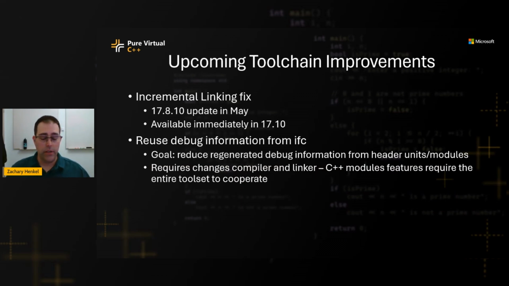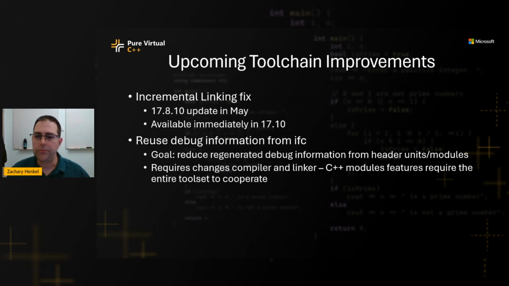So unfortunately, there's an incremental linker bug that we uncovered. The fix is pending. It'll be in the very next release of the 17.8 branch in May. Unfortunately, if incremental linking fails, it falls back to do a full link, and that one's just destroying your inner loop build speed. So we had to pause the experiment for now. If you're going to be adopting 17.10, it's available right away from the